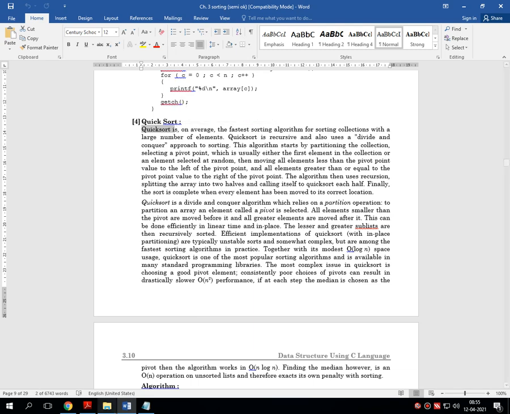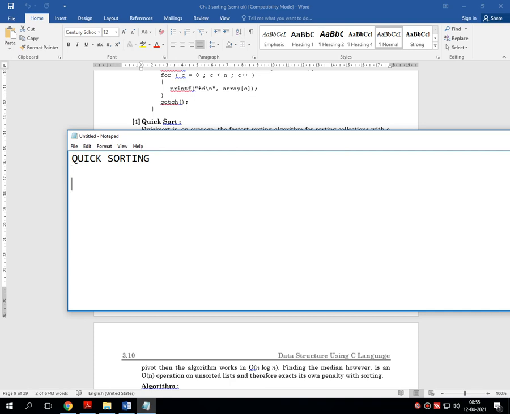Say for example, suppose we have inserted numbers like this: one, two, three, 4, 5, 6. Total 6 numbers are there. As you know, the count is 6, that means the total number of elements in this one-dimensional array is 6.